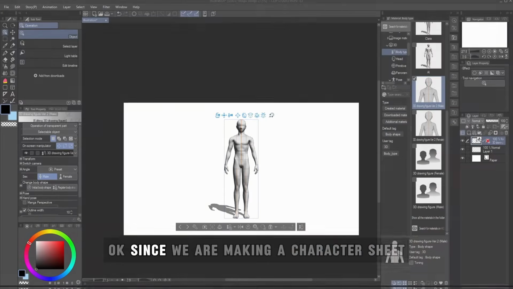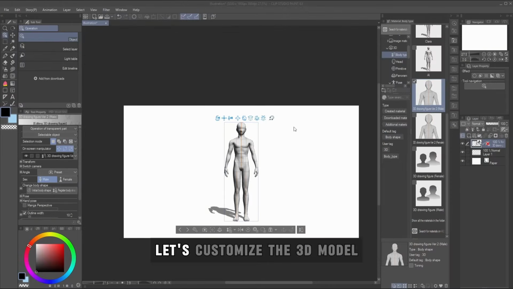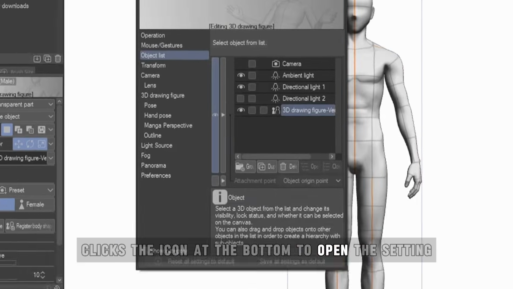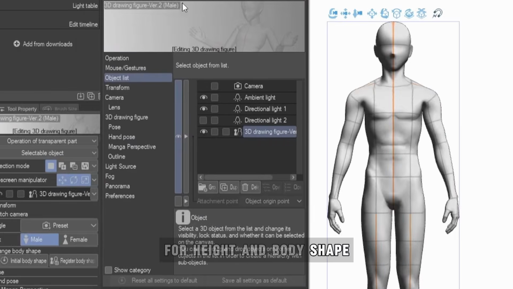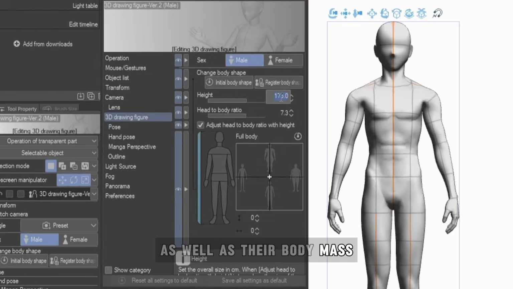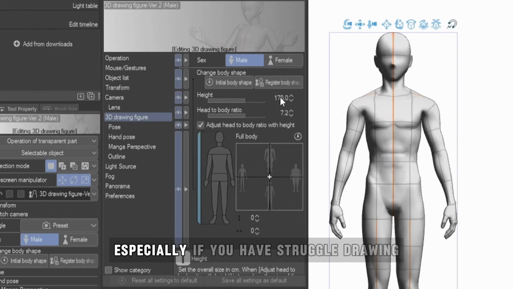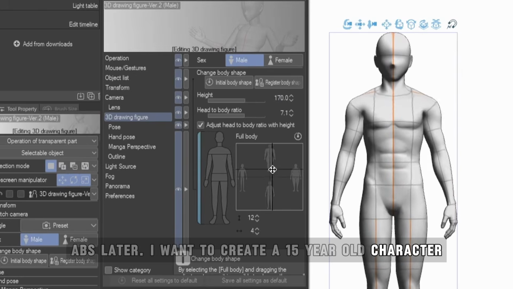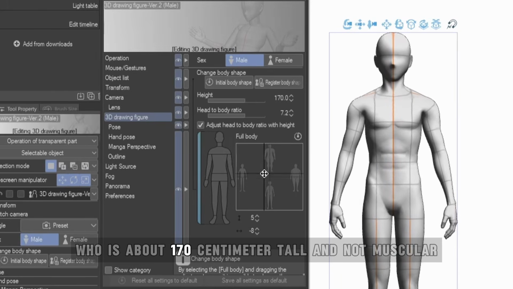Okay, since we are making a character sheet, let's customize the 3D model first. Click the icon at the bottom to open the settings for height and body shape. You can adjust how tall your character is as well as their body mass. This really helps, especially if you struggle with drawing abs later. I want to create a 15-year-old character who is about 170 cm tall and not muscular, and this is what